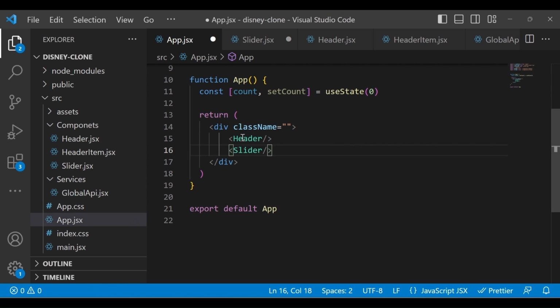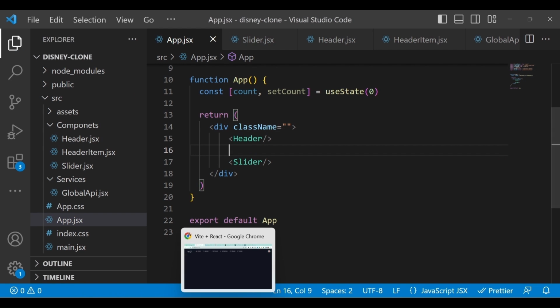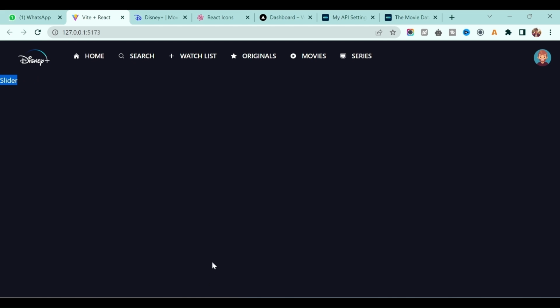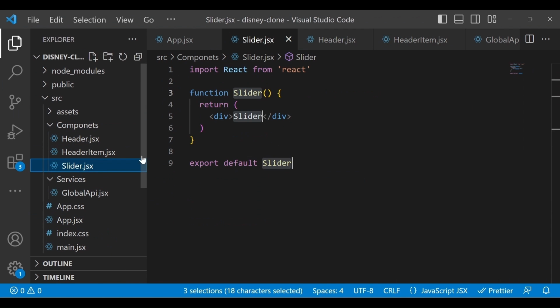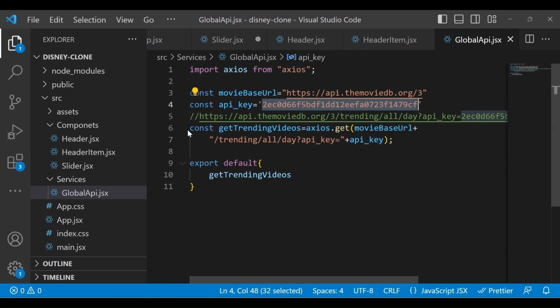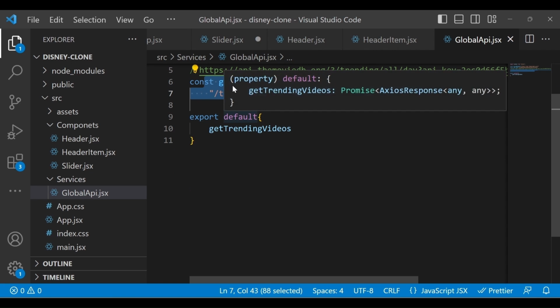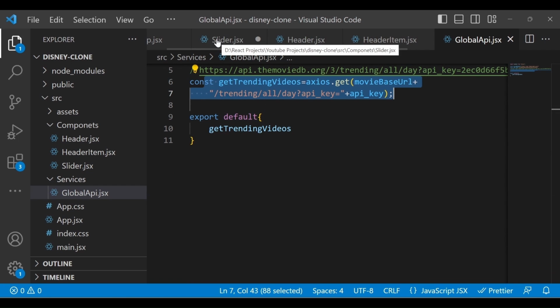So after the header you will see the slider, whatever slider we added, and if you go back to the application we will see the slider word, right? Perfect. Now go back to the slider, and here first we will fetch all the trending movies. We already developed the API, and this is our API, and from that API endpoint we will fetch the whole trending movie list.